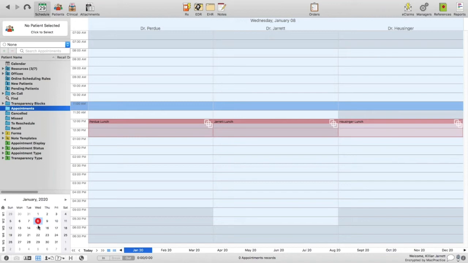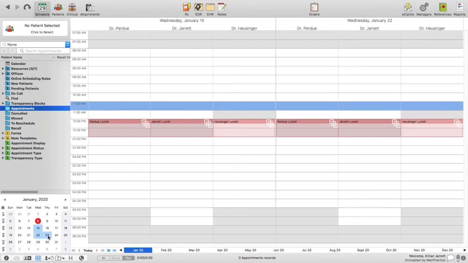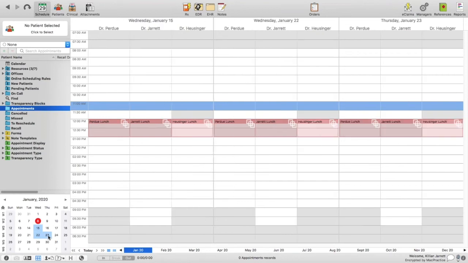So how are we necessarily going to highlight all these and view these all at once? Well, there is a little bit of a trick that you can use to highlight all these. So what you will do is go ahead and select the first date that you're wanting to look at, which in this case is the 15th. And then if you hold down the command key on your keyboard, and then you select the other 2 dates, it is actually going to bring all of those into view for you